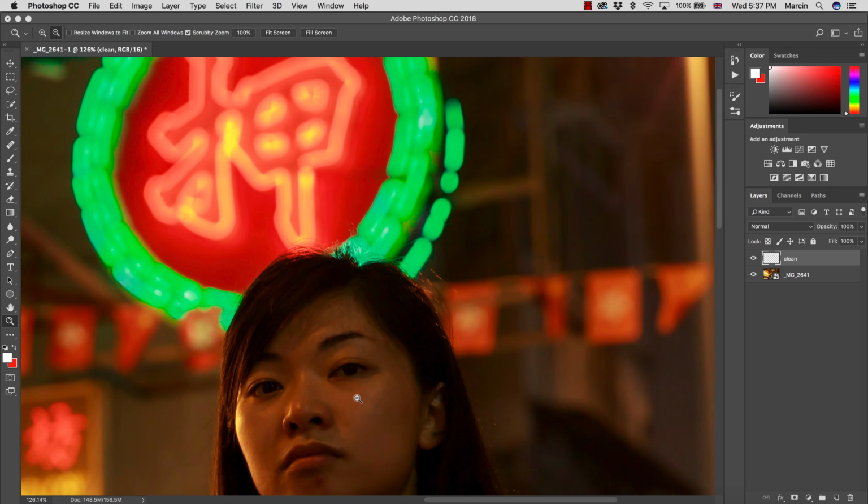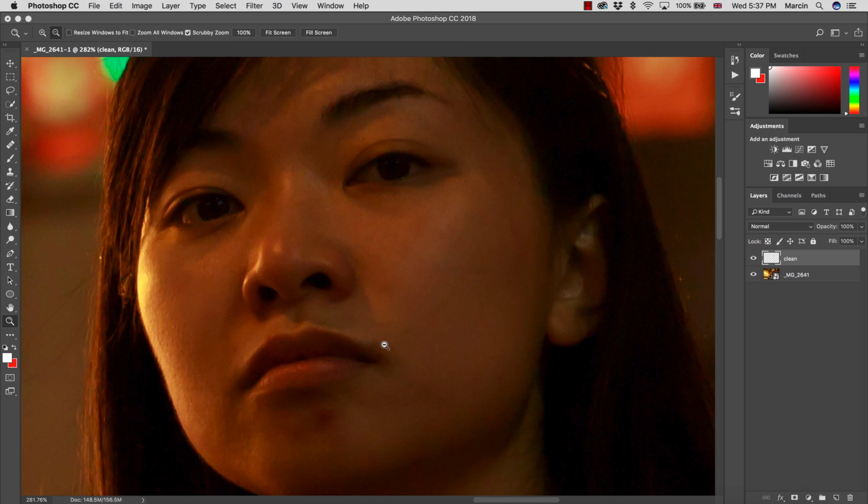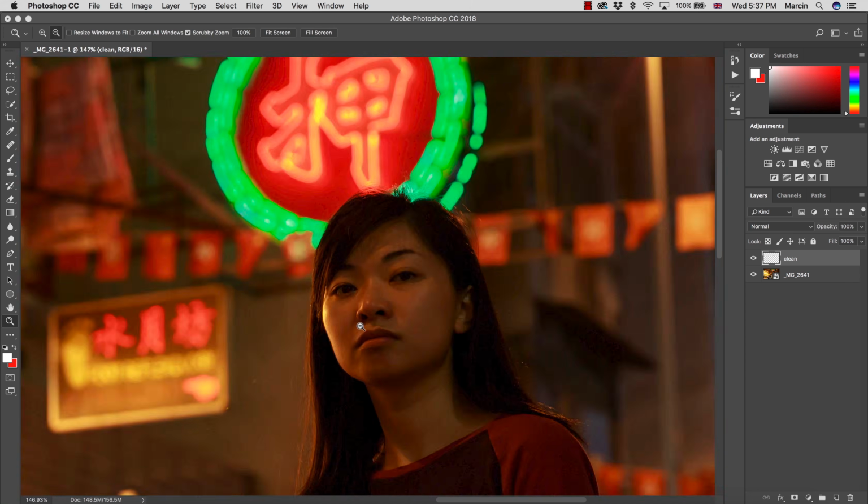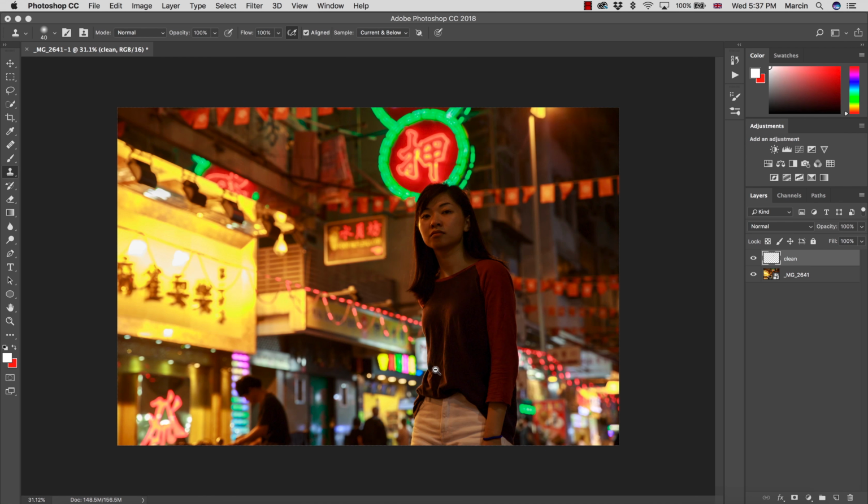Okay, some mess here. Also, I'm going to switch into clone stamp and current below the layer, because we work on the empty layer, so always we have to have the current below. Paint this color over here, a little bit here, just to blend all of the not such nice areas. Once it's done, we might start working with frequency separation, and I use my frequency separation action, but